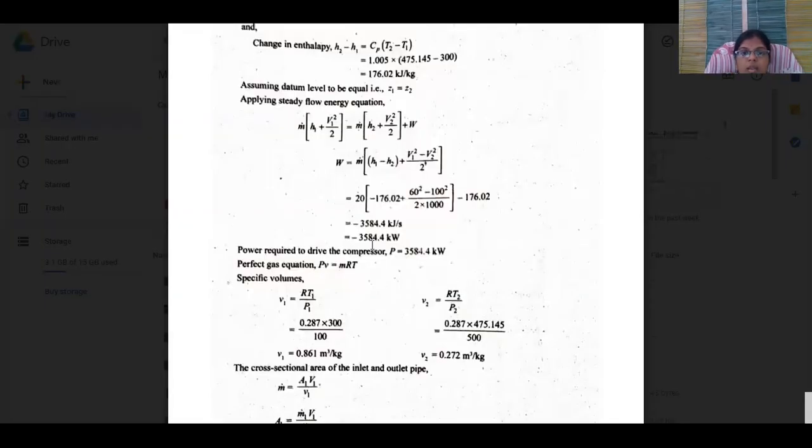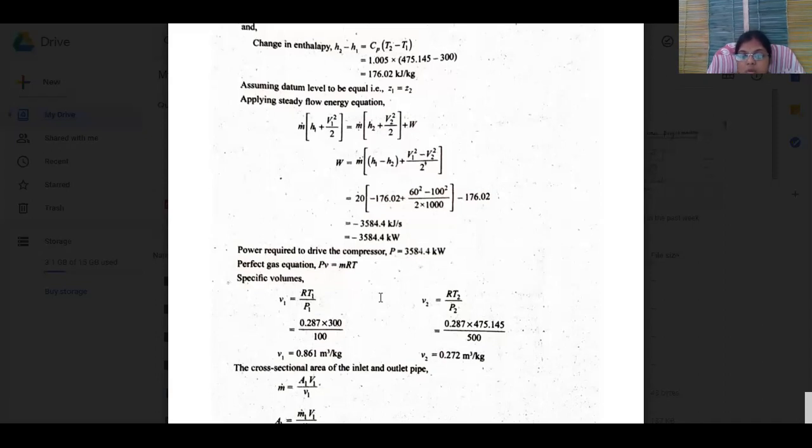So finally work done P is equal to 3584.4 kilowatt. And the perfect gas equation, PV is equal to mRT,